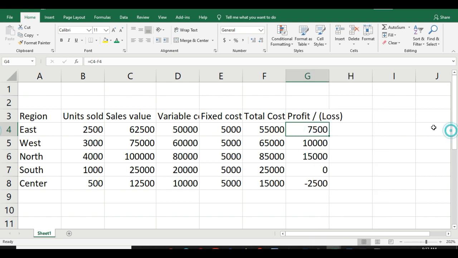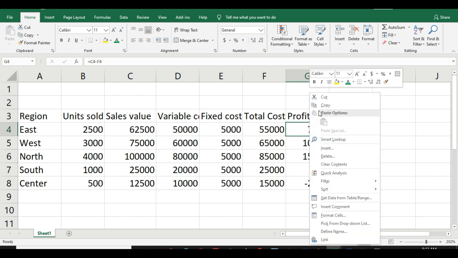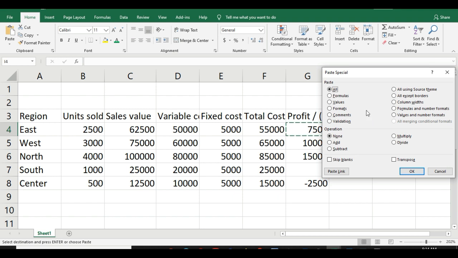Now suppose I want to copy only these values in column I. So first I will do the copy. If you go to Paste Special, you will find these options. The All option is useless because you can do this task by simply copy paste. If you want to paste only formulas, you have to click formulas, values, formats, column widths, validation, and these things.